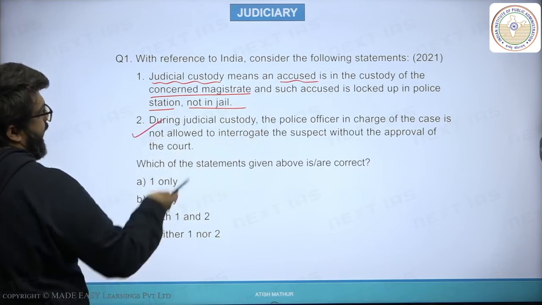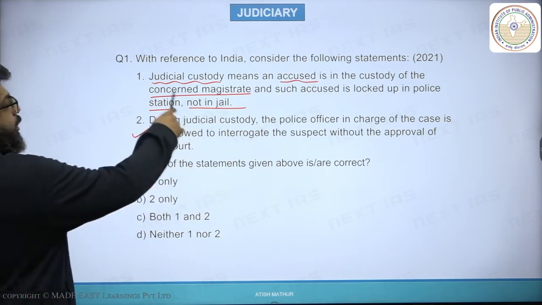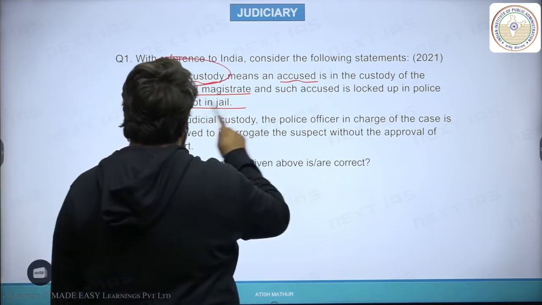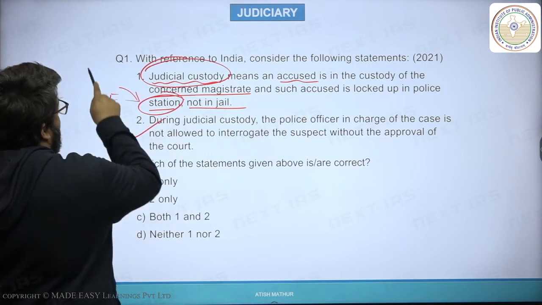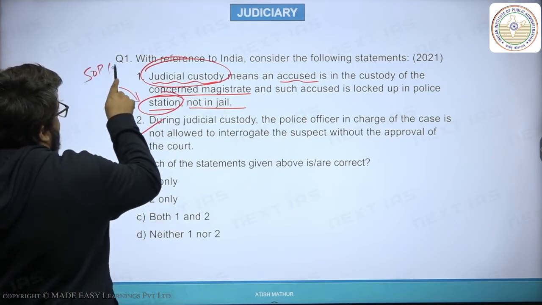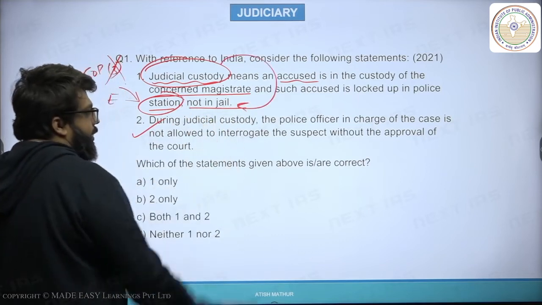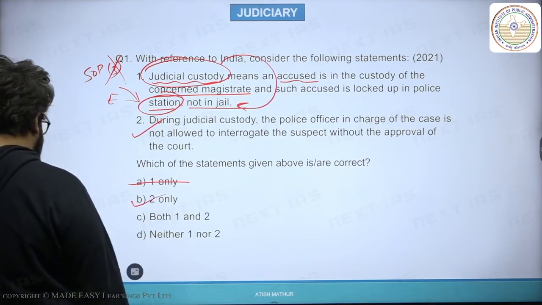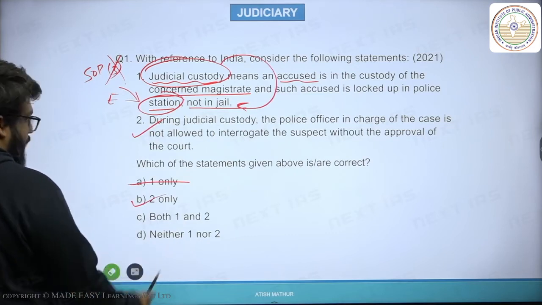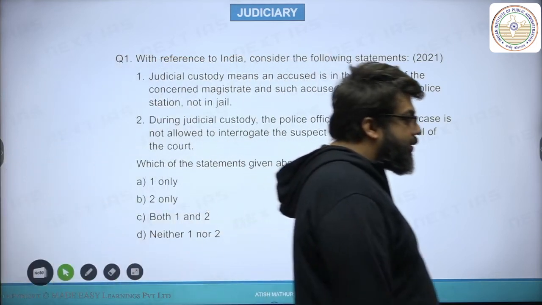Second option तो सही है। पहला, जुडिशियल कस्टडी लेन में उसमें नहीं होना चाहिए। इनफैक्ट अगर जुडिशियल कस्टडी ही है और पुलिस स्टेशन में रख रहे हो तो एग्जीक्यूटिव के छत्र छाया में रख रहे हो, वायलेटिंग सेपरेशन ऑफ पावर्स रूल नंबर 3। दैट इज वाई जुडिशियल कस्टडी हमेशा जेल में होती है, इन अ स्पेशल सेल। फर्स्ट इज रॉन्ग, बी इज करेक्ट। दिस इज योर आंसर। 2021। ठीक है, करेक्ट।